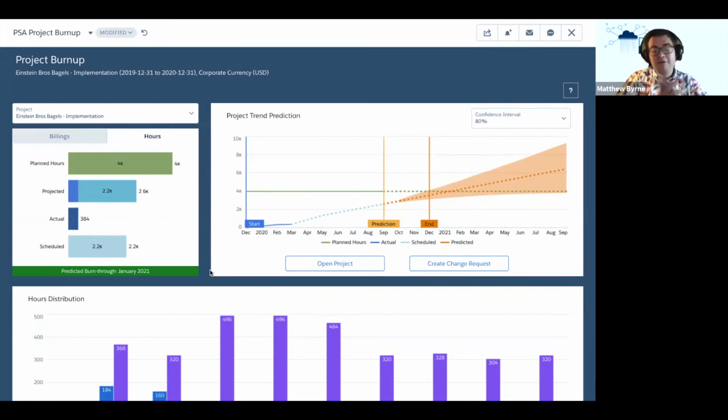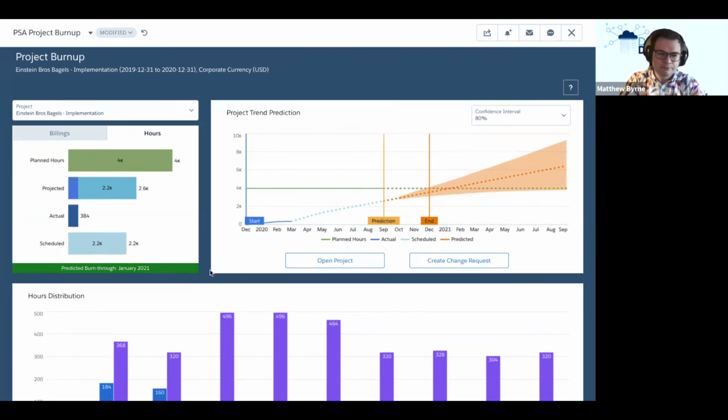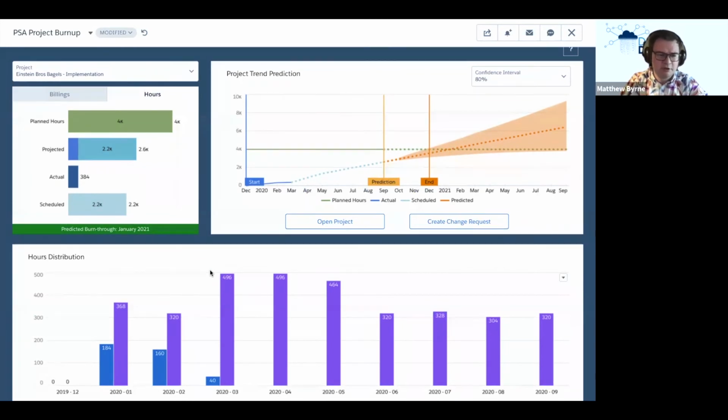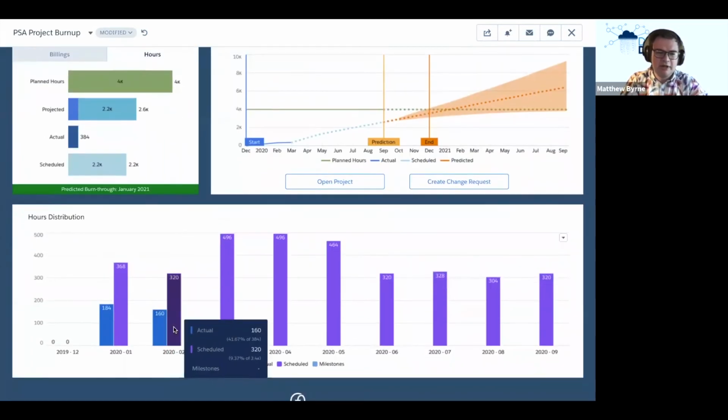Okay, so we can have a look at that information beforehand, make decisions early about whether or not you're going to exceed your budget rather than waiting till the end and go, oh, we've exceeded it. You can have a look at your plan that you've got in there to see when it's going to happen. We also broke down the information below as well so that you can easily see the difference between how much has actually been logged and how much is scheduled to be logged as well.